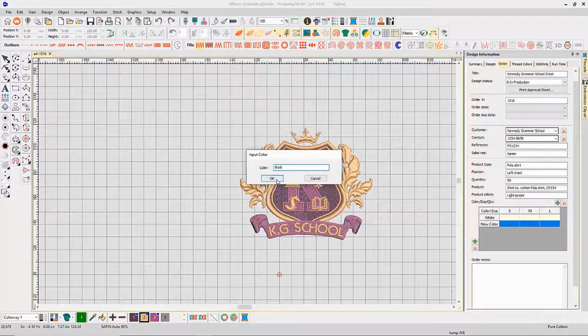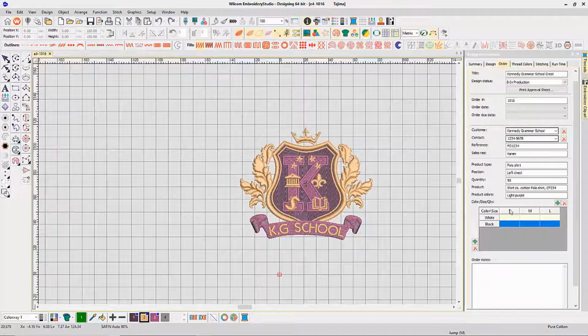And then I can set up each quantity by color and size. So 5, 15, 6, 10, 5, and 12. And that's kept as a permanent record, plus any notes you need to make against that particular design. Now when I save that away,